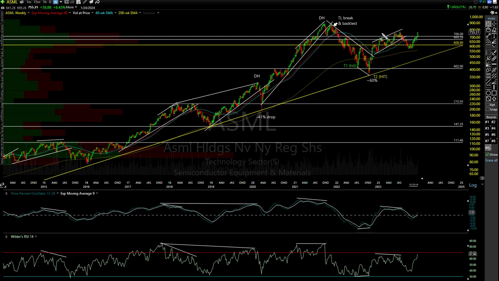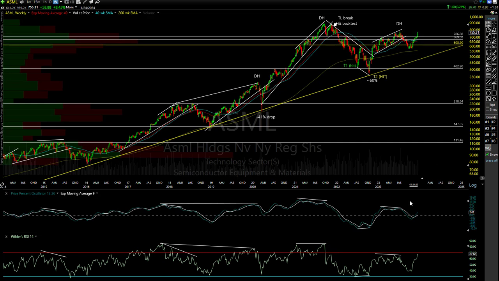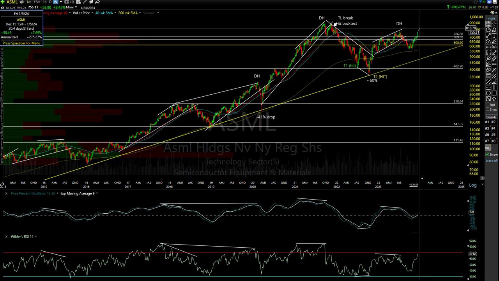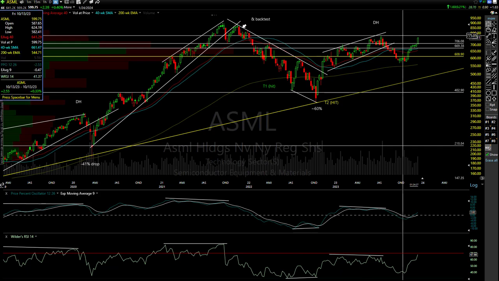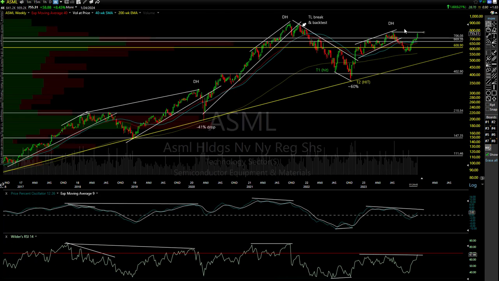All I can tell you with certainty is that we have another divergent high. Let me just borrow this one, duplicate that, DH. We had a divergent high right there. If this one wants to continue to run up a little more, let's look real close. I'm going to put the line right there. That would be an equal high if I make that line horizontal. But then if I take these divergence lines, they come out. And so any equal or marginal new high anytime soon will still be a divergent high.